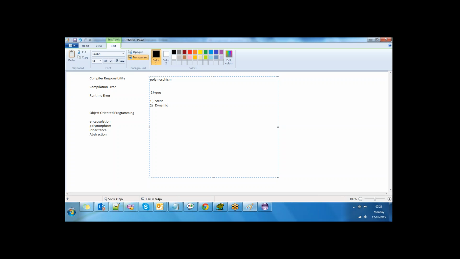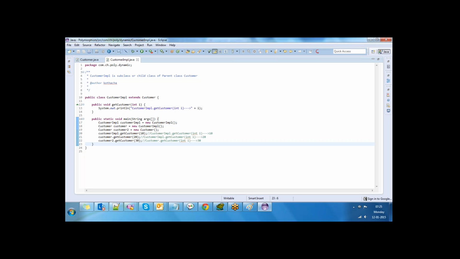Dynamic polymorphism is nothing but, please write down: with the same name and same arguments, the function which has to be executed is decided at runtime. That means I have functions with the same name and same arguments, and we should understand in what scenarios each will execute.